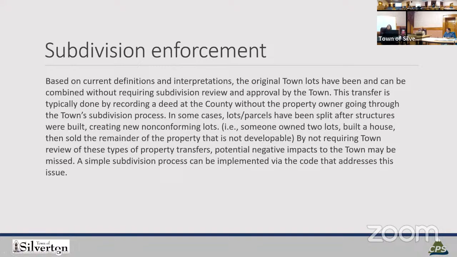So if we started allowing people to break off 20 and 30 foot chunks of a 5,000 square foot lot, we would lose that uniformity and village feel. And maybe that's something we need public input on, but I've definitely heard a number of times that these 25 foot increments are pretty important to our historical feel.